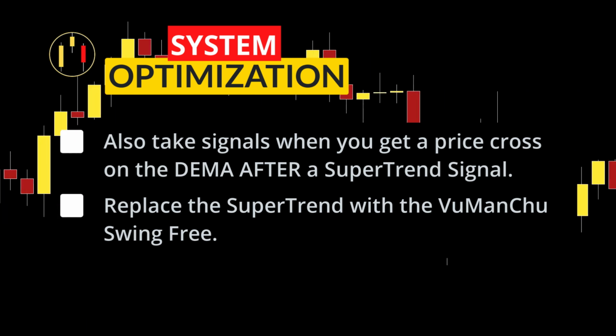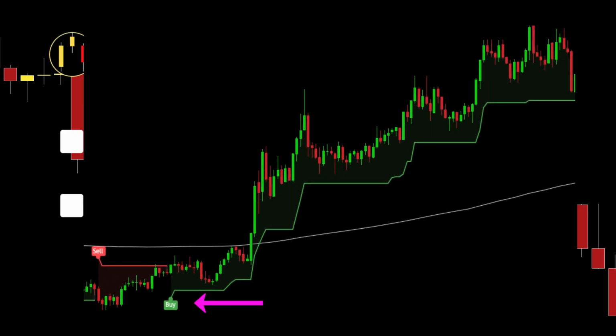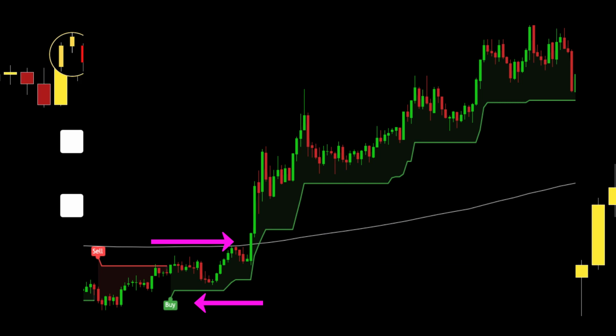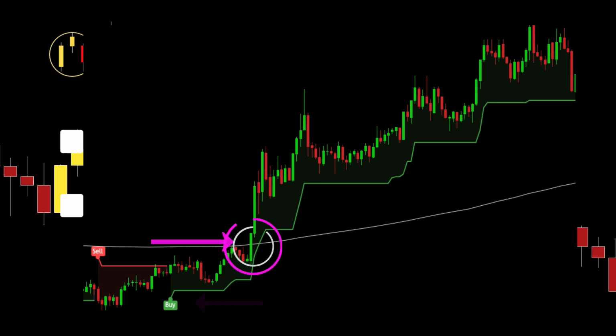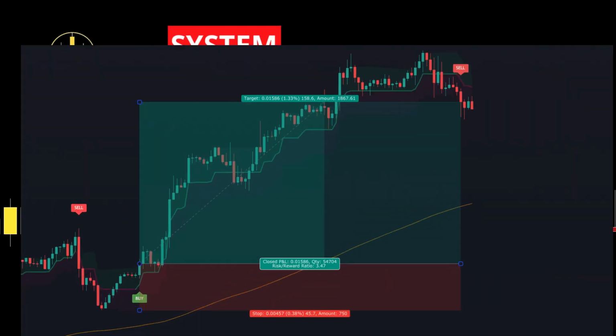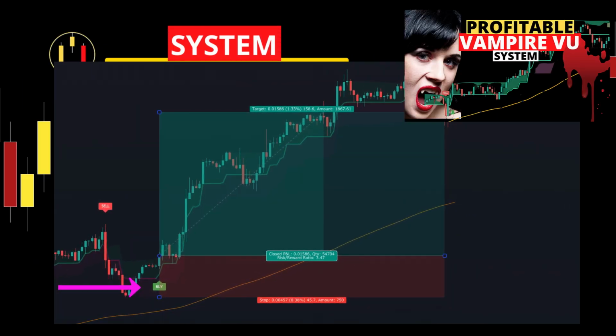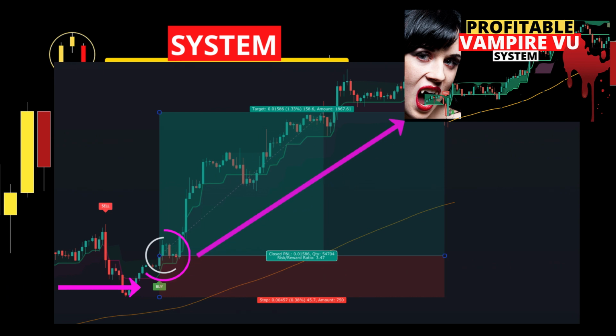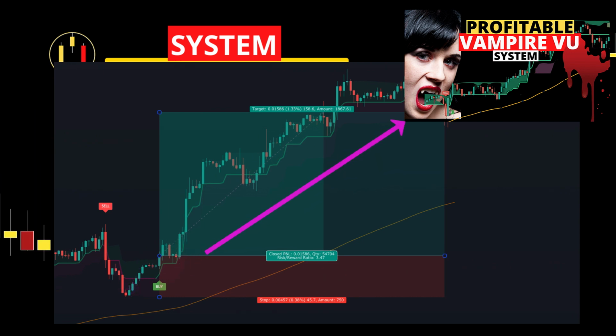Instead of taking setups when you see a signal above or below the DEMA, you can also do the opposite. Here, we see a buy signal and then a cross of the DEMA. You could test entering here, which would have yielded a huge profit on this setup. Secondly, instead of using the SuperTrend for signals, you could use the Fu Manchu swing-free signal indicator that I tested to great success